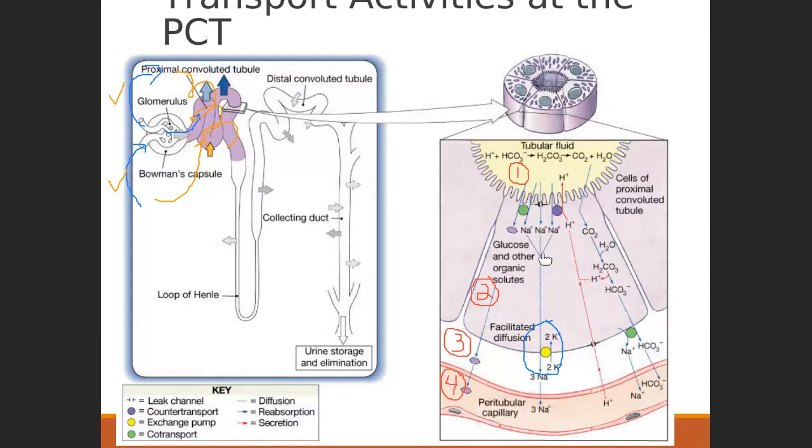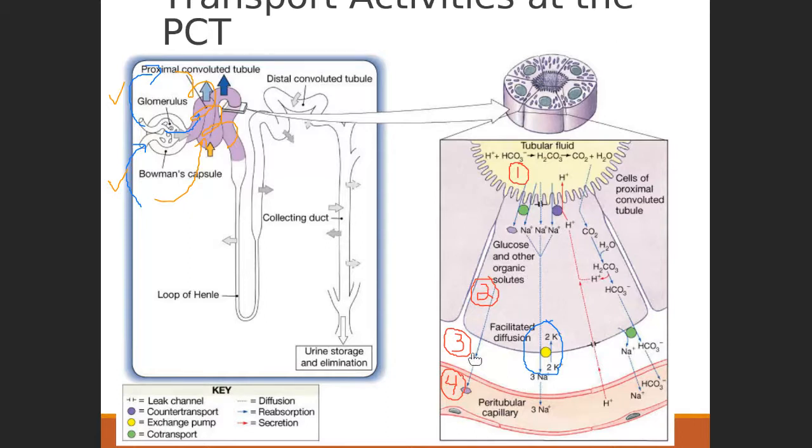Now from there, our third type of transport really becomes the dominant step, facilitated diffusion. From here, because of the actions of those secondary active transporters, we will see for any solute we want to talk about moving forward, glucose, calcium, magnesium, potassium, high concentrations in 2